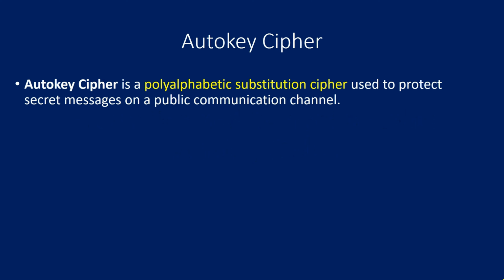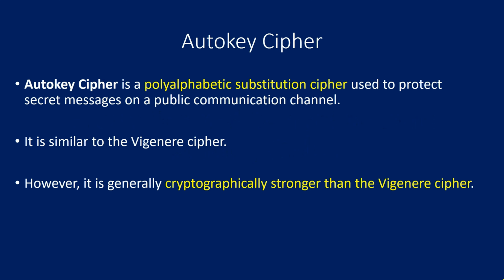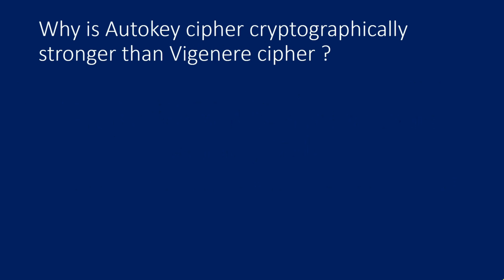The encryption and decryption process of Autokey Cipher is similar to that of Vigenère cipher. However, Autokey Cipher is cryptographically stronger as compared to that of Vigenère cipher. Now, how is that? How is the Autokey cipher cryptographically stronger than a Vigenère cipher? Let us have a look at it. We have covered Vigenère cipher in detail in the previous video. I would request you to kindly refer to the link given in the description for Vigenère cipher encryption and decryption